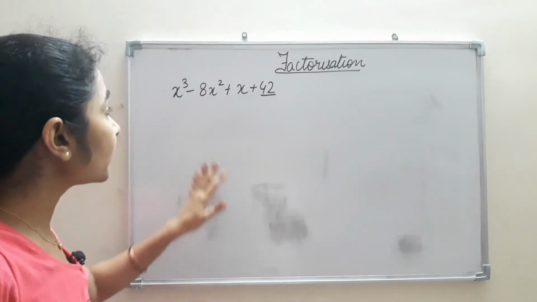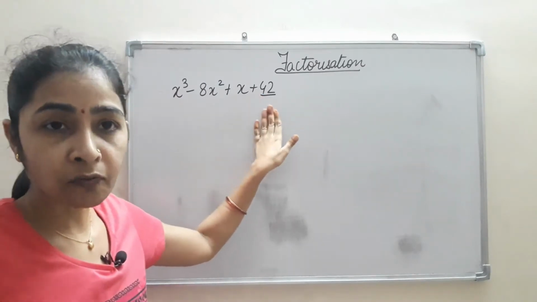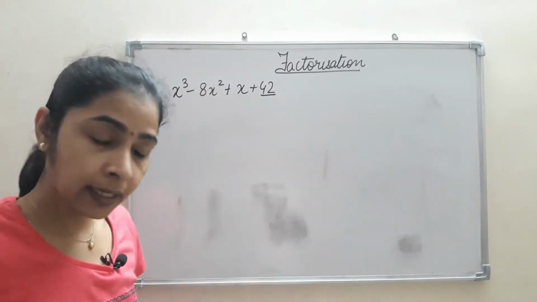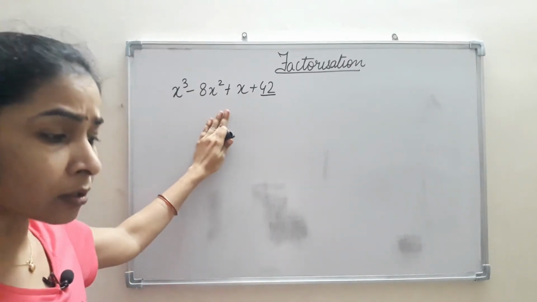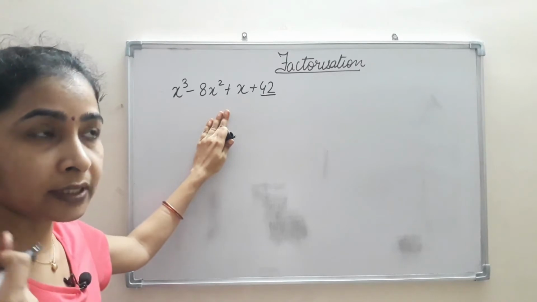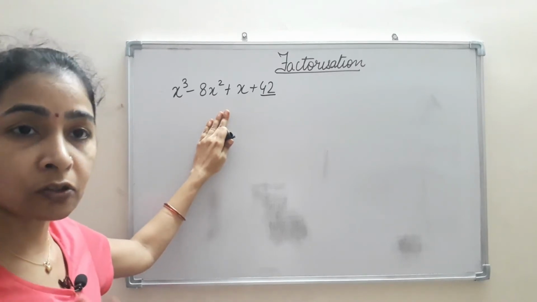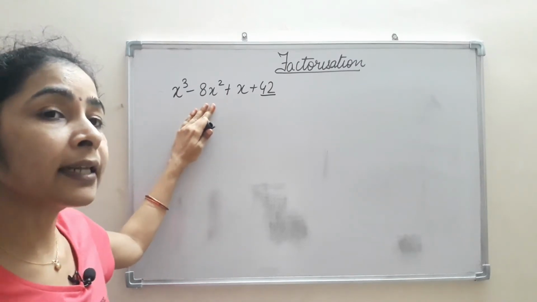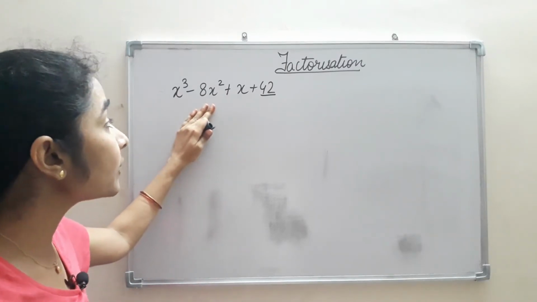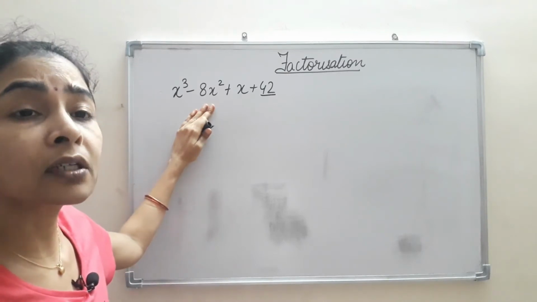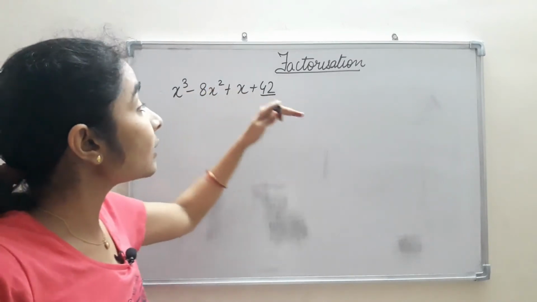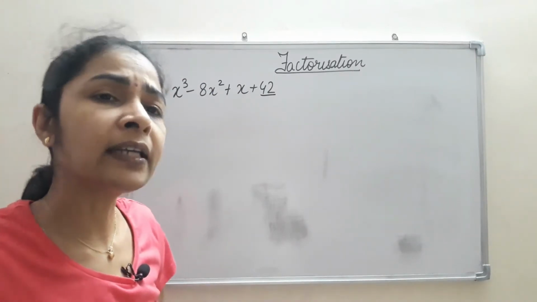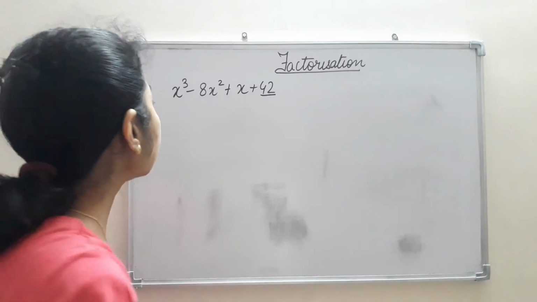So here we will find all the factors of 42 and go on substituting in this polynomial as a function. Suppose we take the factor as 1, then function of 1, function of 2, like this we'll go on substituting. But we'll do that only once, and the next step will be to find the other factors with the help of the division method. So first we'll find any one factor of it. Okay, so let us start.